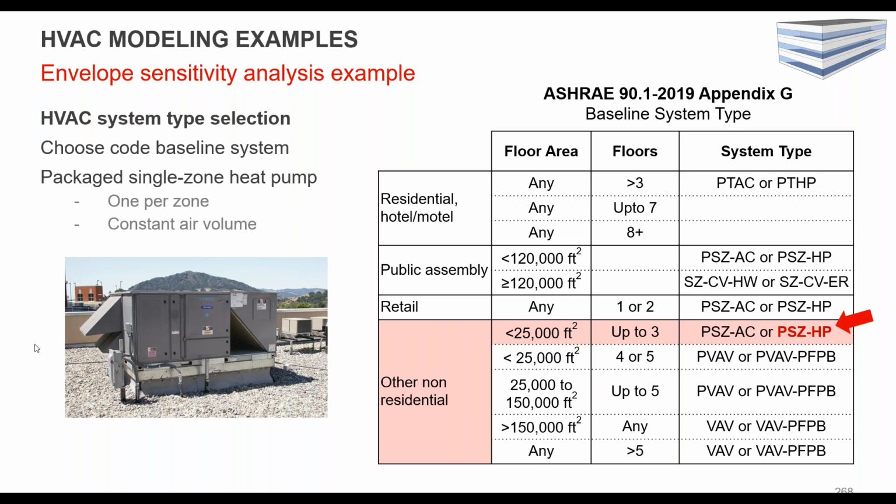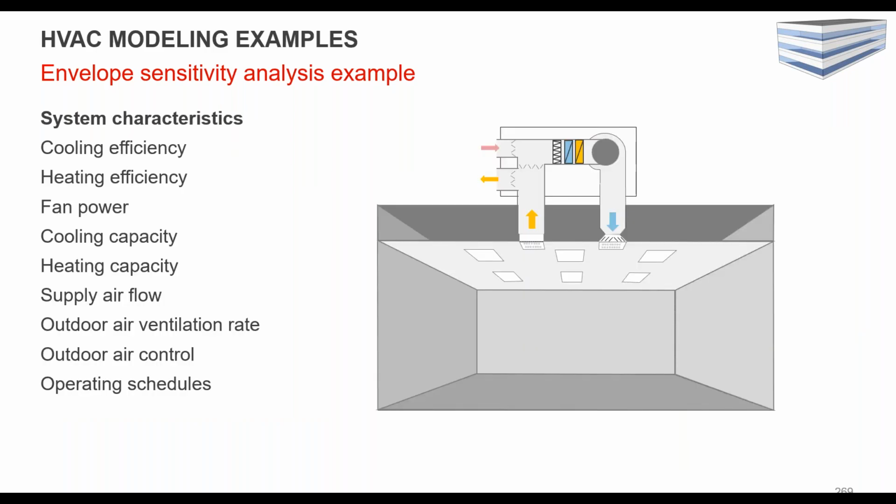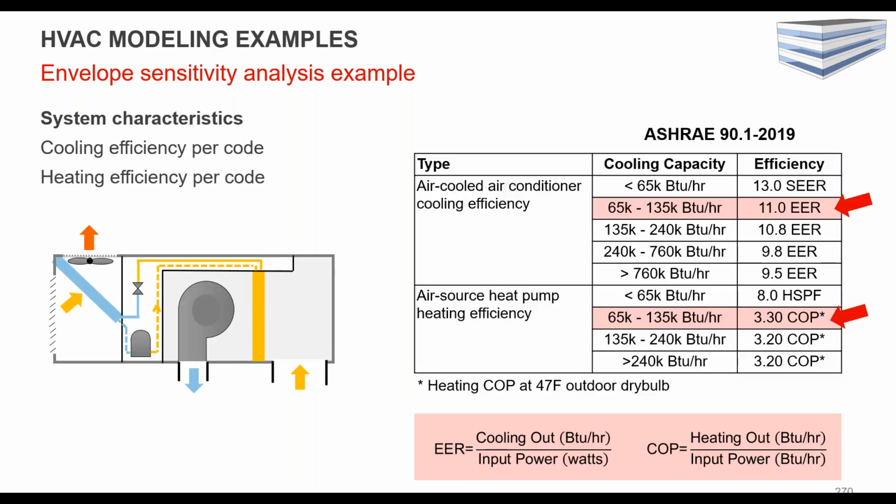1 system per zone. So you'll have 1 heat pump, 1 thermostat per zone, and you're set up as a constant volume system. So again, you could use other baseline systems for this. You could set up different HVAC systems. If you had a real system, you could obviously use that, but in this case, there was not a selection. And so what else do you need to go find? Again, we talked about this yesterday. We'll get into the weeds a little bit more in order to specify this HVAC system, right?